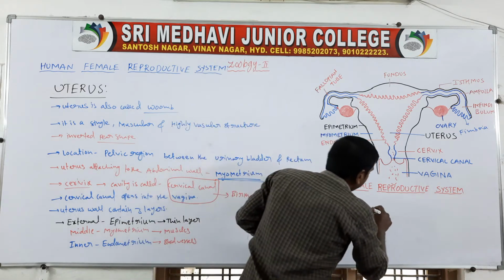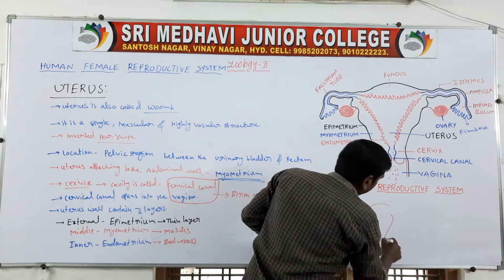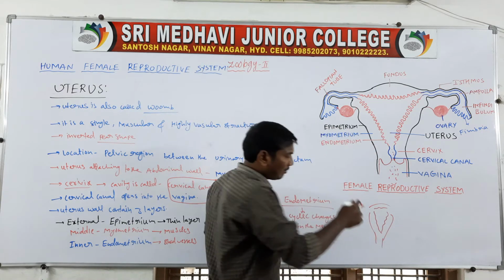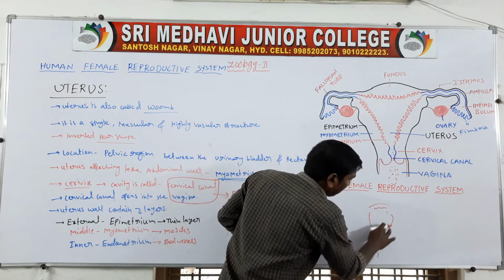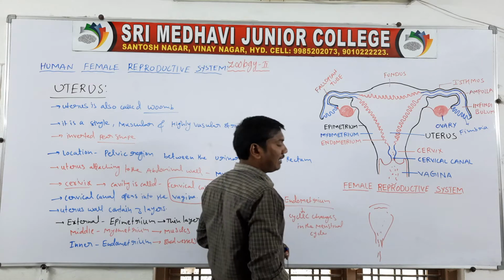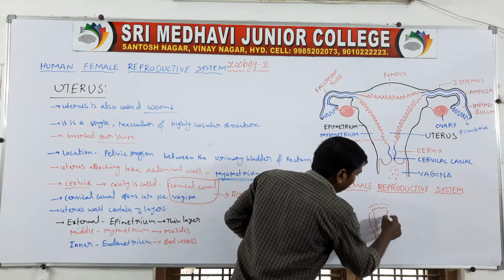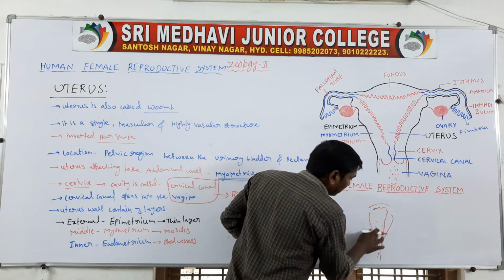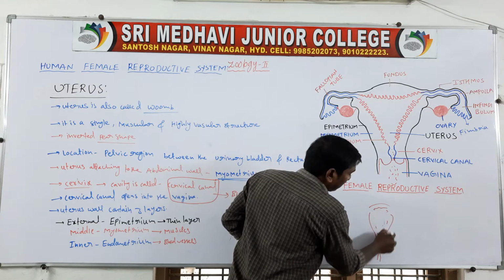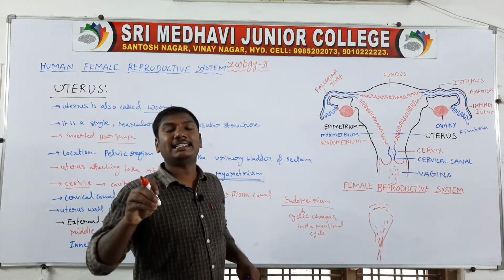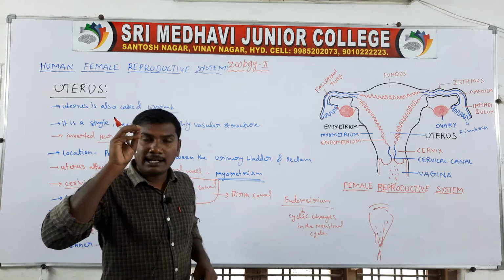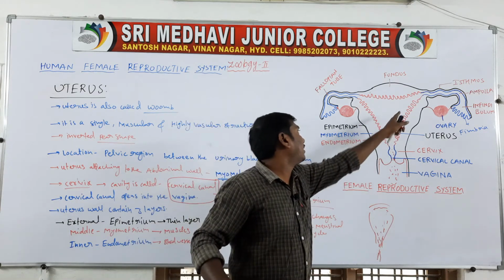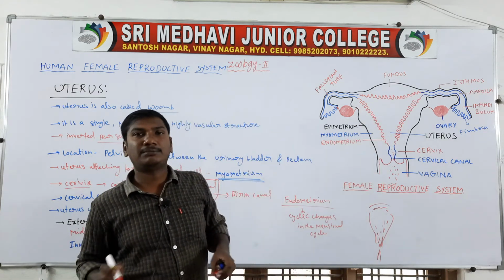Here is a rough diagram of the uterus and the endometrium wall. The endometrium wall ruptures and blood is released. After the next month, a new endometrium forms. Then in the next menstrual cycle, the endometrium ruptures again and blood is released. These are the cyclic changes in the menstrual cycle.